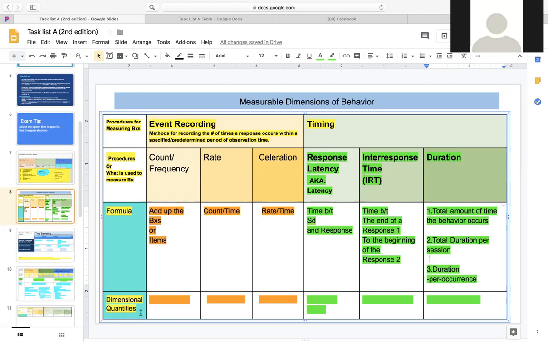Yes. It took me a while to get it. So can you explain it? I can tell you what it is. Well, which one is which, but I don't know if I can. But what is it that we're talking about when we say dimensional quantities? It's a particular feature of the object or the event that you're measuring.